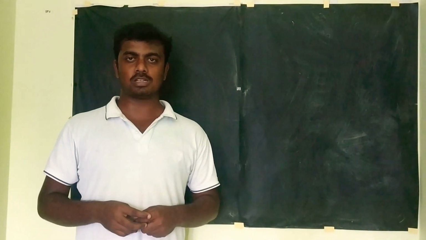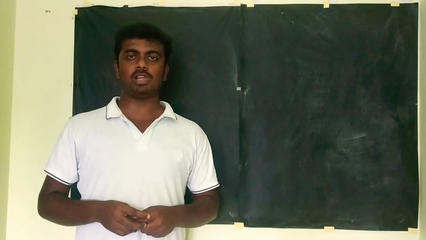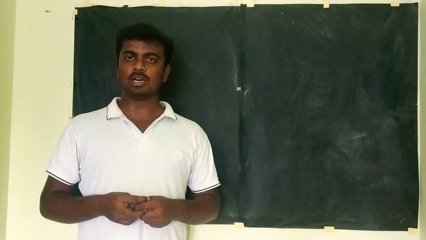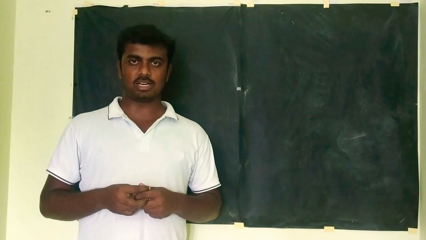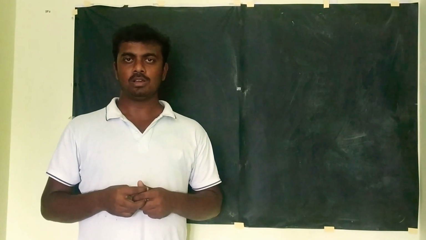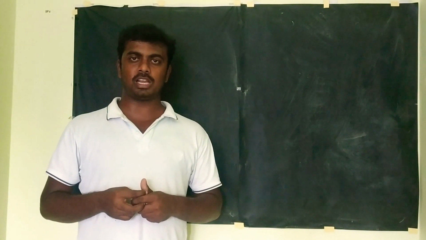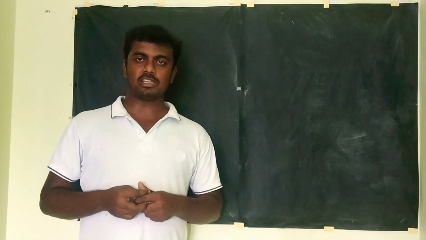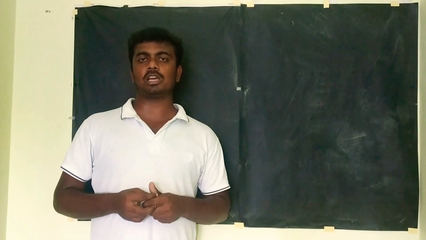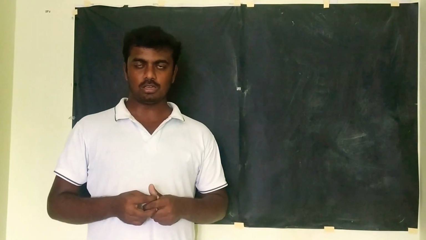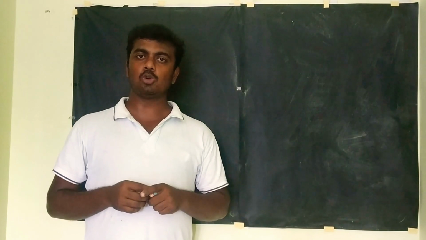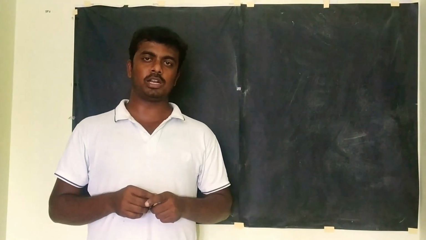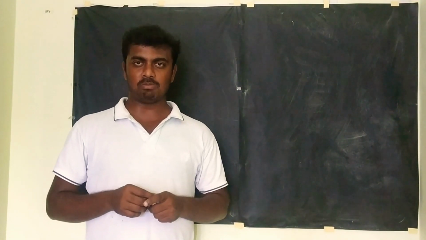Based on the maximum stresses, we find the factor of safety by using static theories of failure. In static theories of failure, we learned 5 major theories, that is maximum principal stress theory, then maximum principal strain theory, then maximum shear stress theory, then maximum strain energy theory, then maximum distortion energy theory. Okay, so now the first part of unit 1 is over. Now we enter into the second part of the first unit, that is design against dynamic loading.